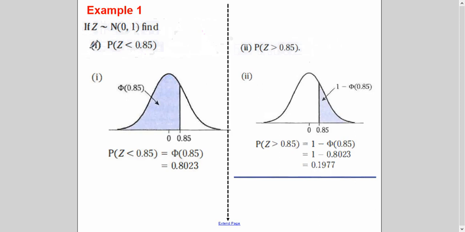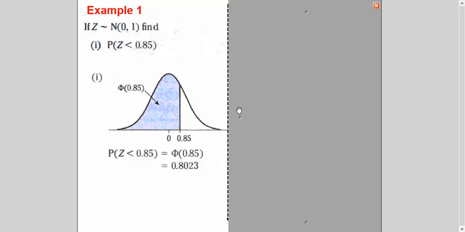Now, first, you should know how to read it. It is told to you that the normal distribution is in the standard form, mean is 0, variance is 1. You have to get the probability of z less than 0.85. Now you are getting a clear hint that your z is positive. So I have drawn here roughly 0.85, less than mean, left-hand side area. So I need to find out this area.